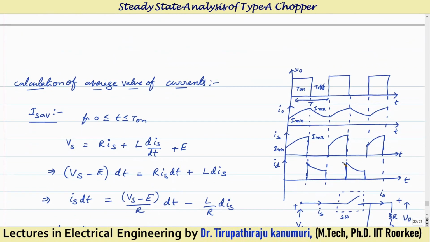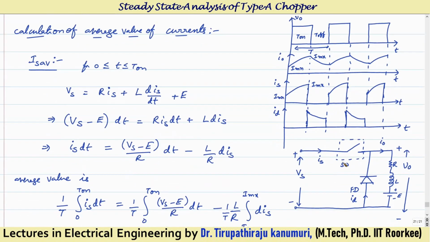Now the calculation for the average value of the current. How to calculate it? I am just showing you how to calculate the average value of the source current. Similarly, the average value of the diode current; the sum of these two gives you the total current. Or you can take the average value of this, that means integration of this block divided by the total time duration, because this is my total time period. This is divided into two blocks: one for a duration of t on and one for a duration of t off, out of the total time period. Getting it?